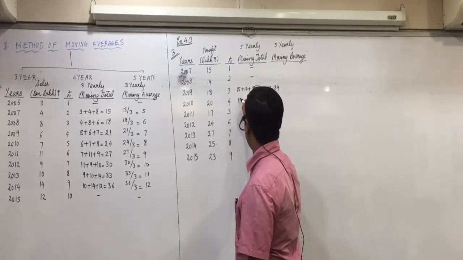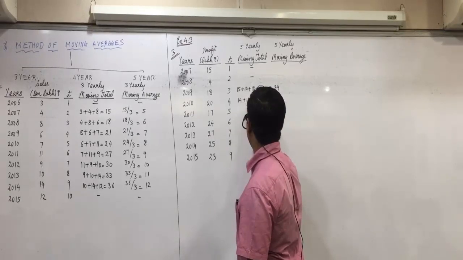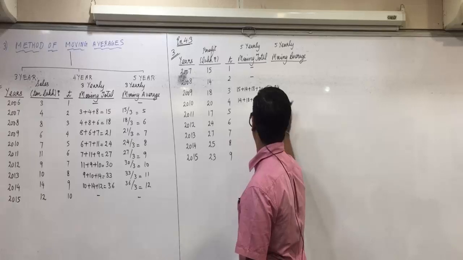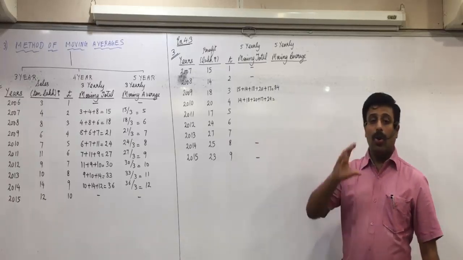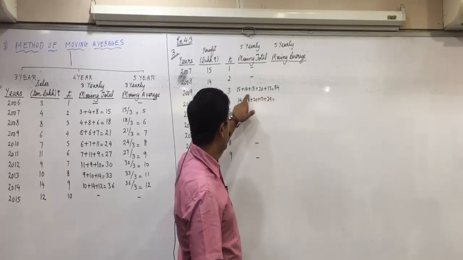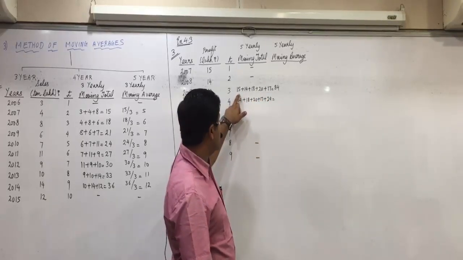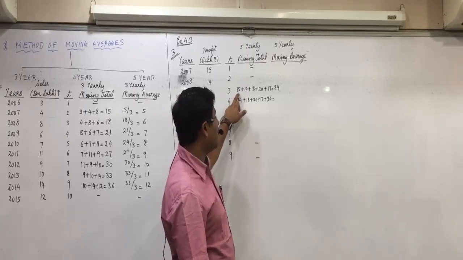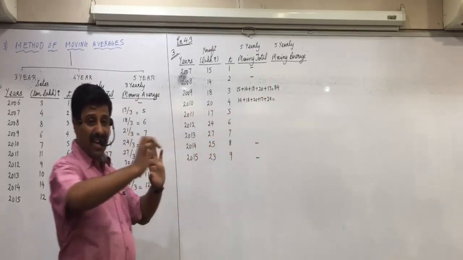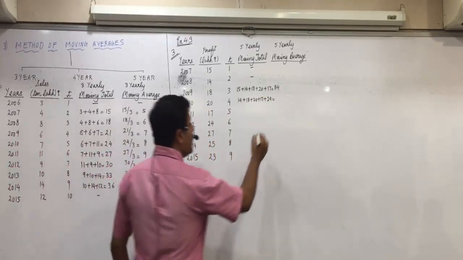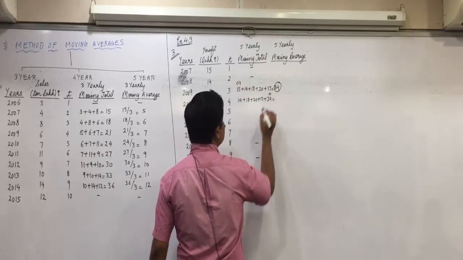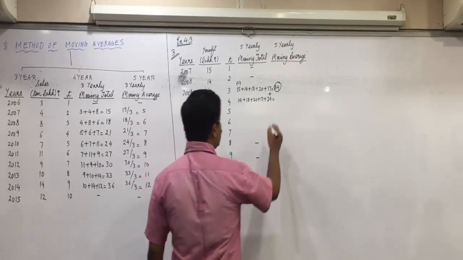Now second will be 14 plus 18 plus 20 plus 17 plus 24. Now be attentive. No need to add all the 5 again. This 84 is already the total of these 5. Which one is not included here? So subtract 15 from 84 and add 24. If you don't want to do 5 figures total, then the shortcut is 84 minus 15 plus 24. So 9 added gives 93.